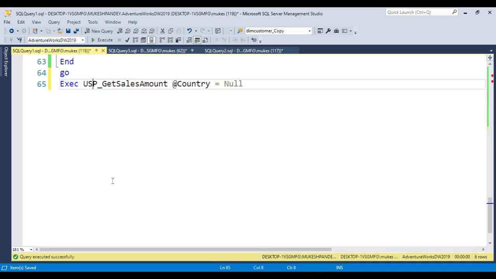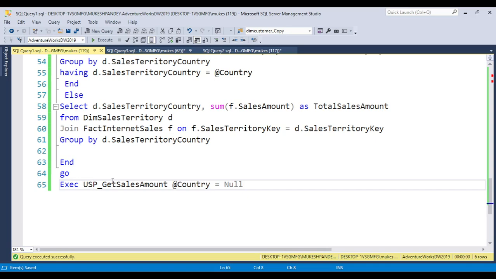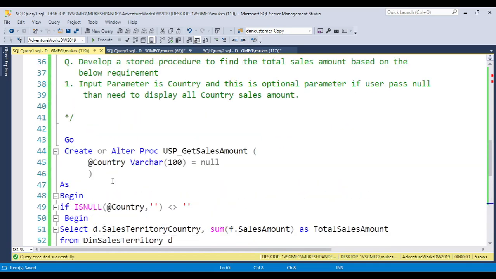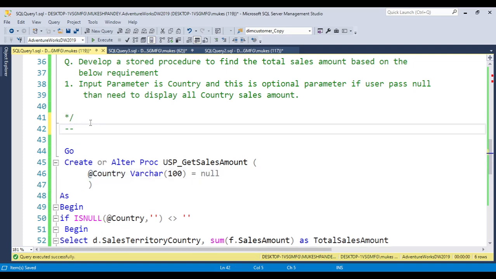So I hope you understand how you can solve the question. I covered each and every multiple way. The interviewer asks how you handle multiple values, null values, empty values, how you can get the data based on an optional parameter. This is called the optional parameter concept. So if you solve all these different ways of the question,